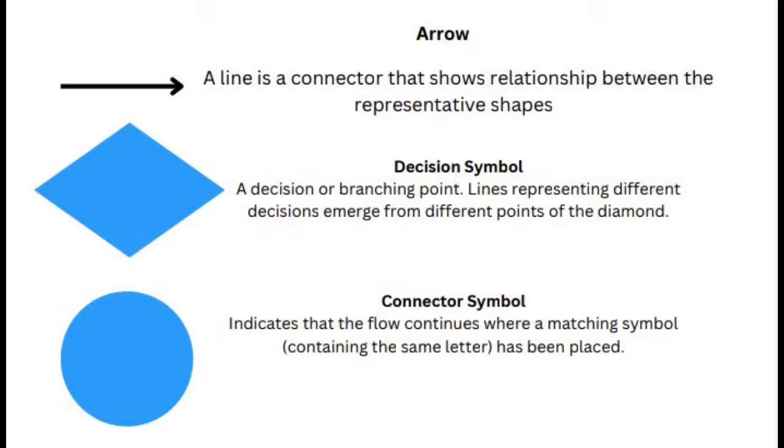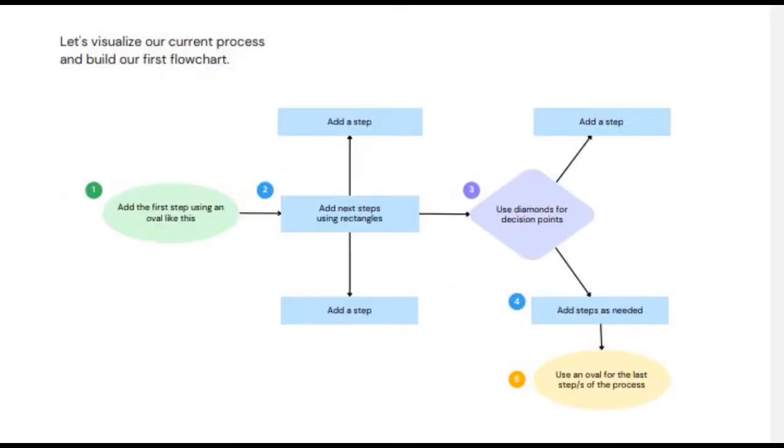Sunod is decision symbol. A decision or branching point, lines representing different decisions emerge from different point of the diamond. Ang connector symbol nag-indicate that the flow continues where a matching symbol containing the same letter has been placed. Sa sunod na page is